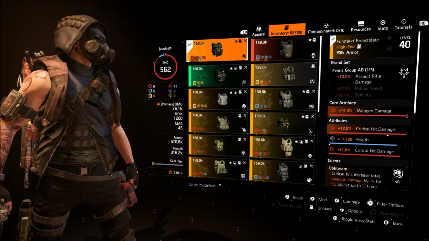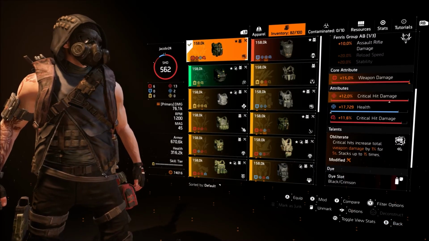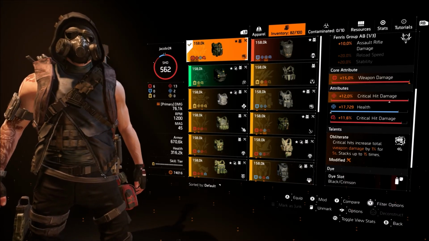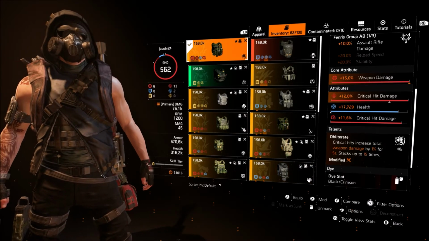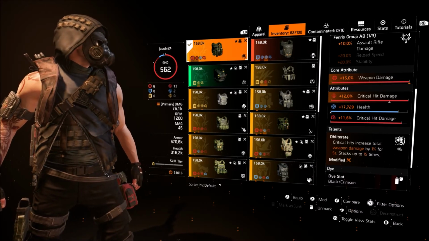The first thing is going to be for yourself, which is going to be Obliterate. This does not help your team, this helps you. So if you're solo or just want to have as much DPS as possible, this is around crit. So critical hits increase total weapon damage by 1% for 5 seconds, stacking up to 15 times. So just alone from hitting crits on stuff, you'll be able to get your weapon damage up pretty high, which